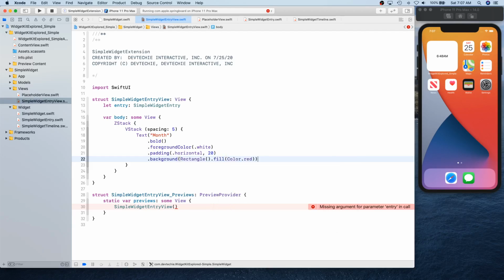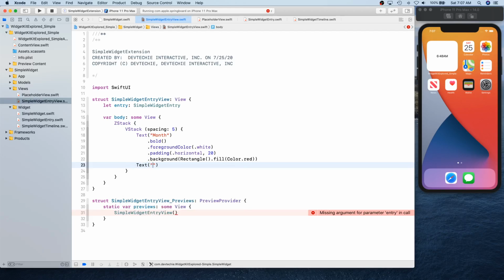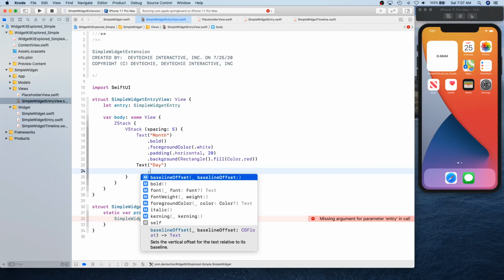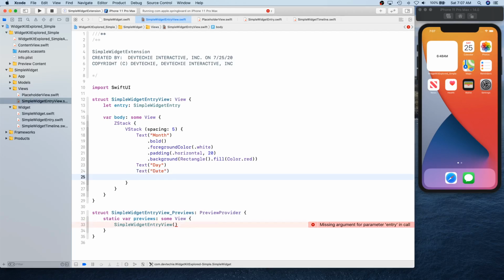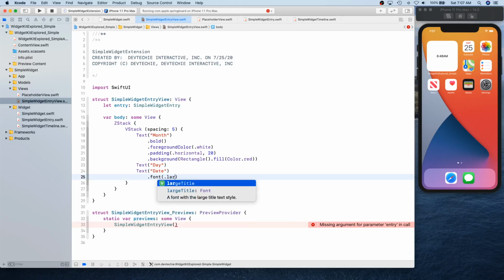Then we're going to have the day, so we show the day like that, and just leave everything default. The next text is going to be the date, and we're going to give it a font of large title.